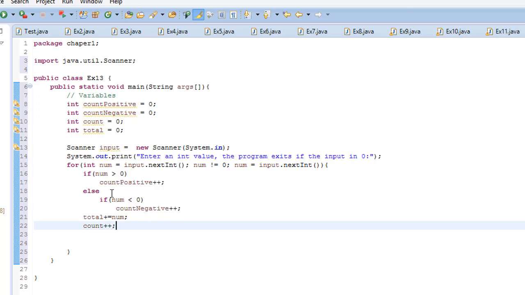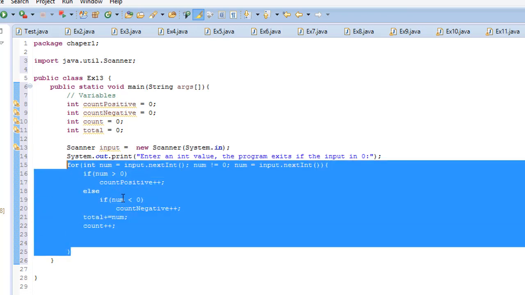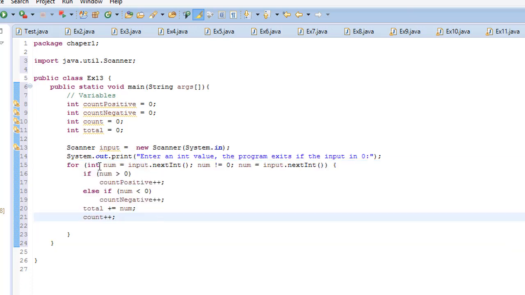Okay, and then this was the for loop here. Control Shift F, then you format the code,